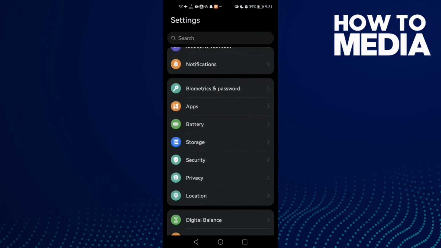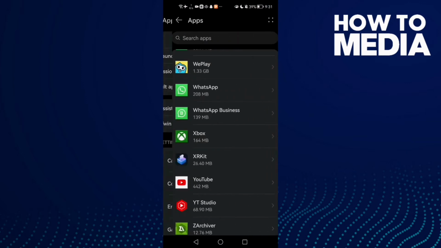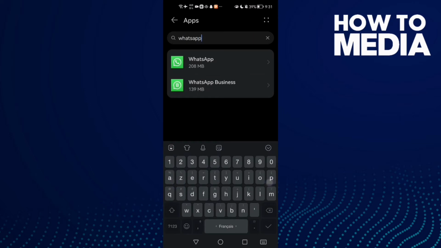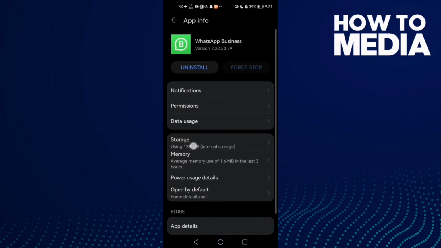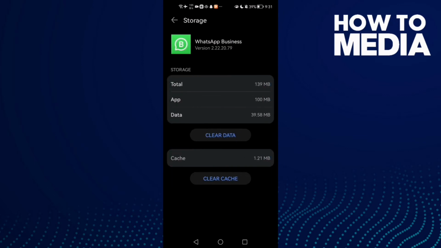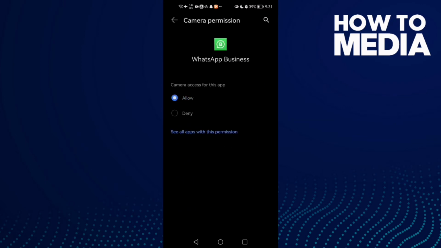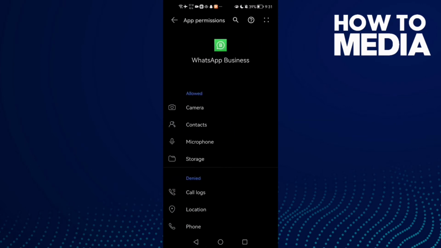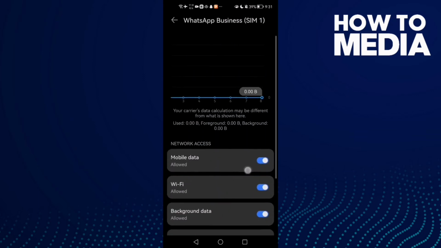First, open settings and then click here apps and then apps again. Now just type here WhatsApp and click on it, WhatsApp business, and now click storage and then click clear cache and now click permissions and allow all of those here. Wait, all of those storage, click on it and click allow and then go to data usage, check this one,